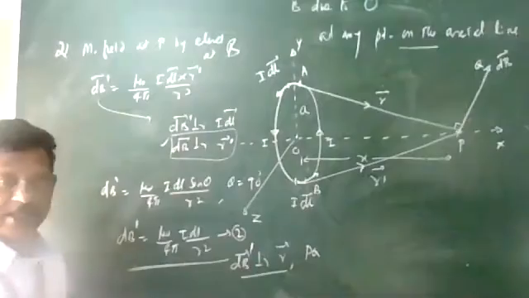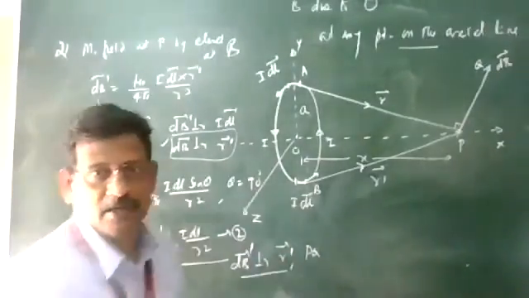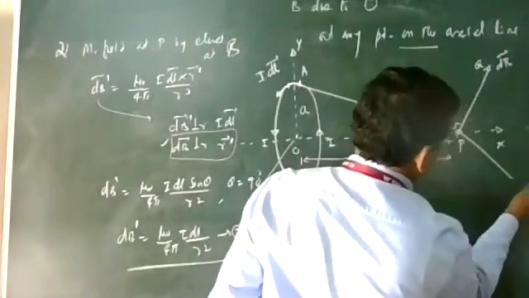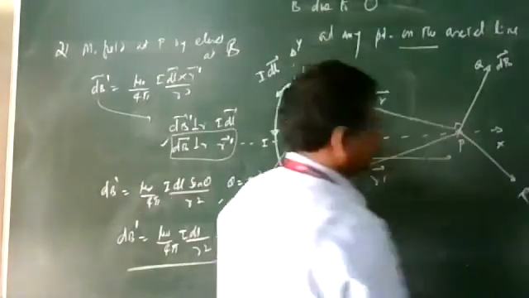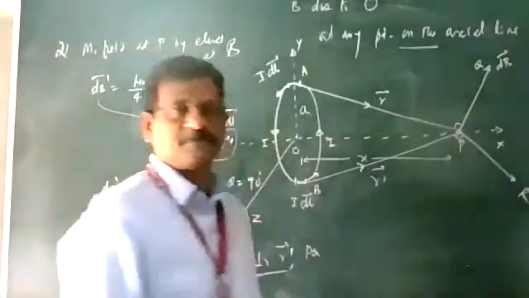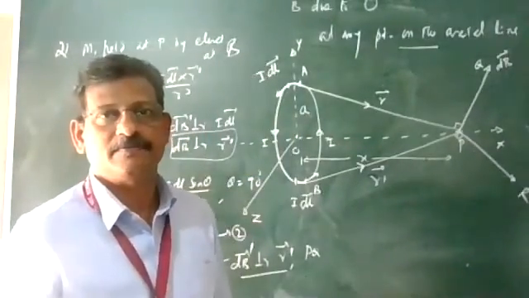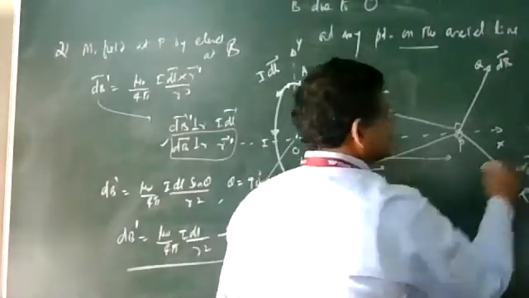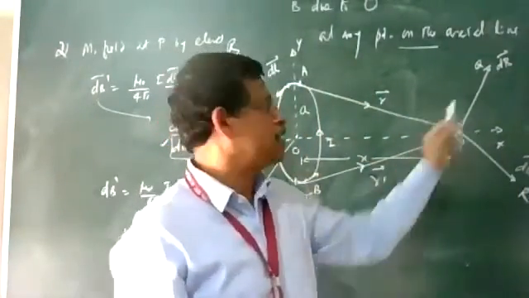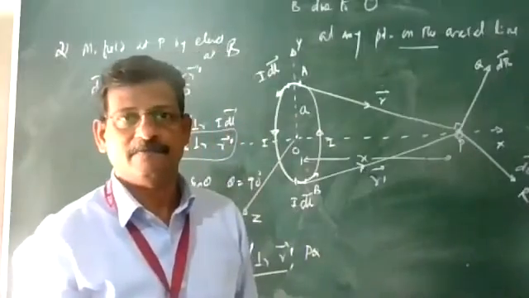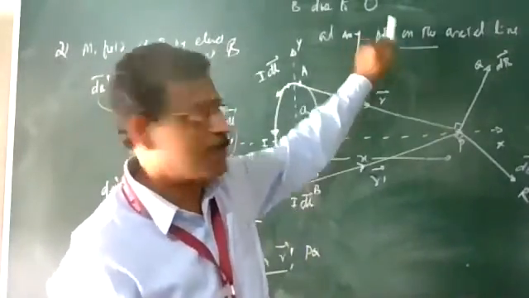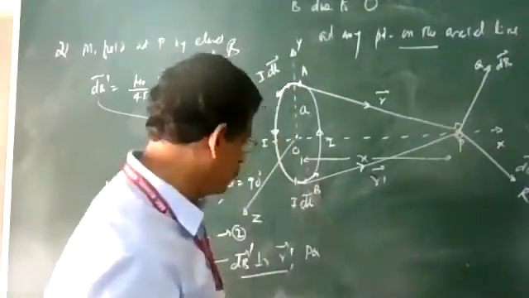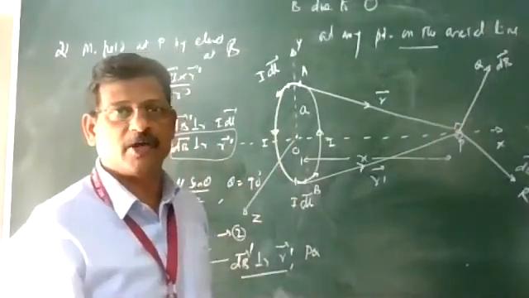What is the direction of dB dash? It is perpendicular to the r dash vector. So this is your r dash vector. The magnetic field at point P due to this element will be along PR, at this angle of 90. This is the dB dash magnetic field vector; it is perpendicular to r dash, while the other is perpendicular to r. So where is the magnetic field of the upper element going, and where is that of the lower element going? The magnitude of both is the same because they are equidistant from point P.